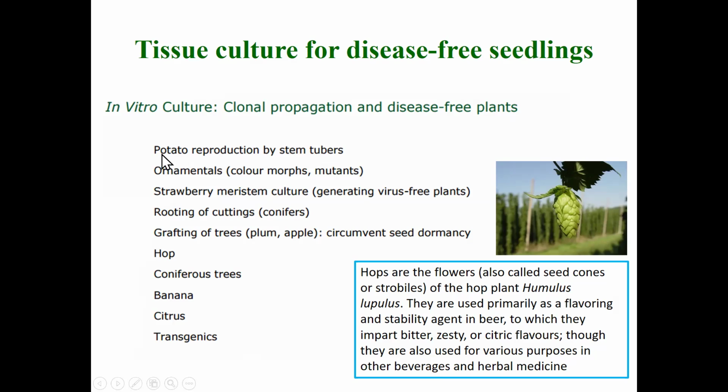Now, through tissue culture, microtubers are developed from the stem tuber. The potato we are eating is basically a modified stem. From that stem, there are some eyes. You can get the bud, and that can be placed into the medium as an explant, and you can get profusely